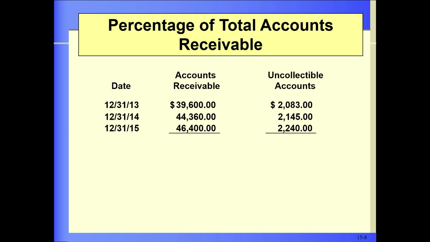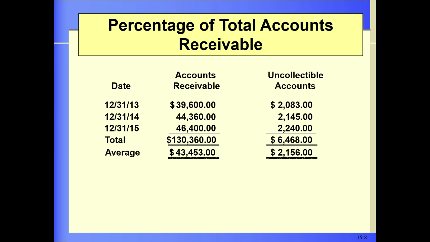Looking at 2013, we had roughly 5% that was uncollectible. For 2014 and 2015, we hovered around 4.8%. So what we're going to do is take the totals for these two categories, and it's going to allow us then to come up with an average. So for those 3 years, we had an average balance of $43,453 in accounts receivable and an average uncollectible amount